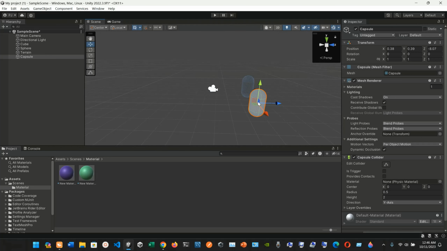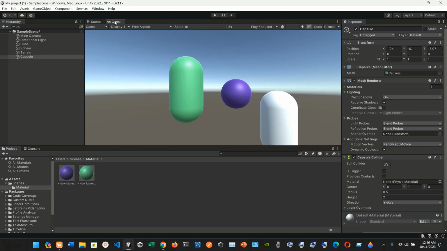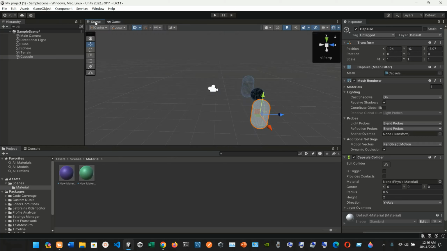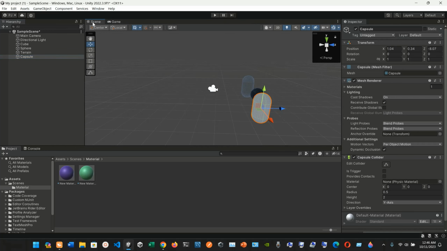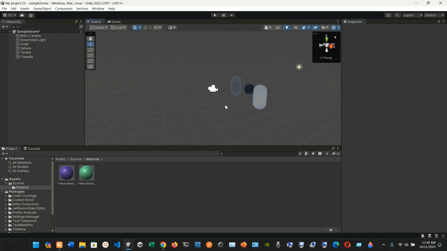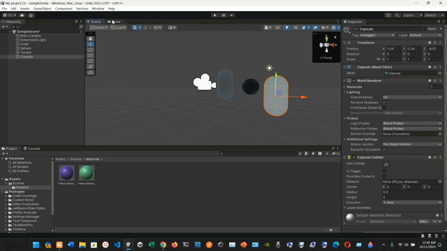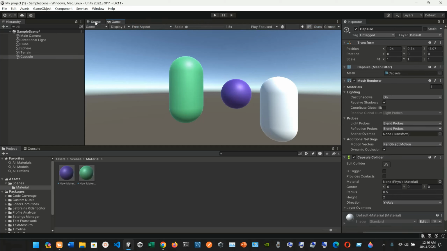Okay, looks like Frieza. So we have that, and this is kind of a white color. So this is gonna be the capsule. Right now I'm gonna press Alt and just move it like that. And right now, as you can see, the color is white by default, but we can change it with a